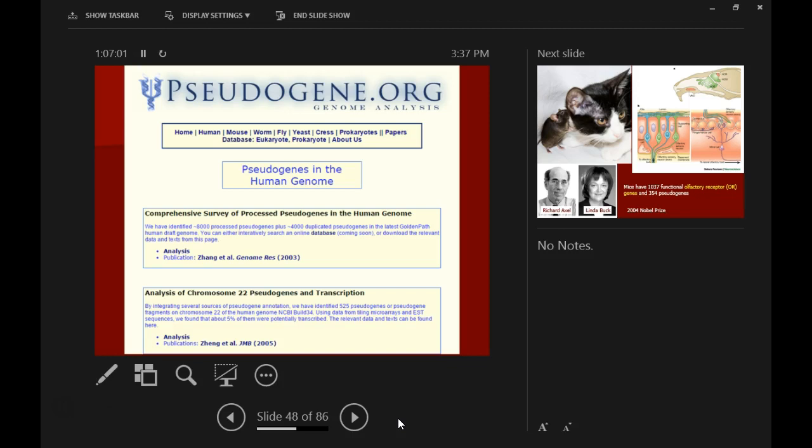The cool thing about them is that these genes might be functional in relatives. I'll show you a couple of examples, but the last thing I want to do is show you a little video that looks at a really cool pseudogene in a fish that lives in Antarctica. So a really cool example of the formation of a pseudogene. So let me go ahead and